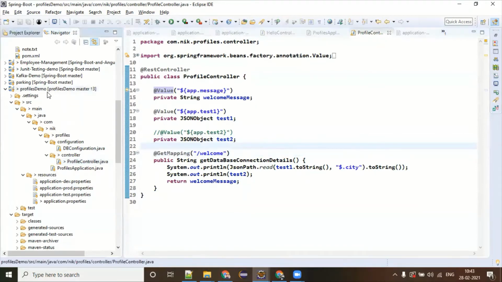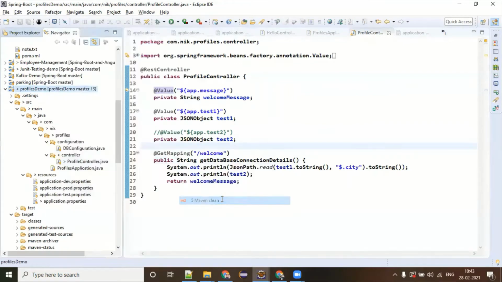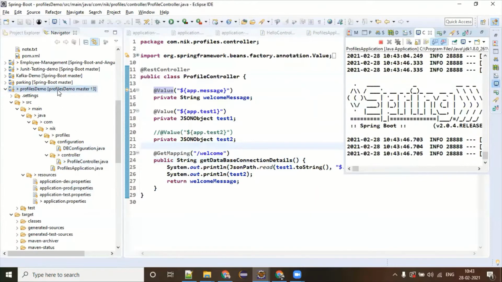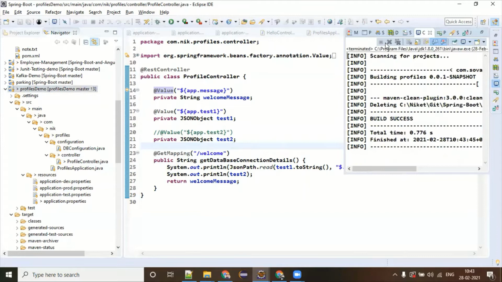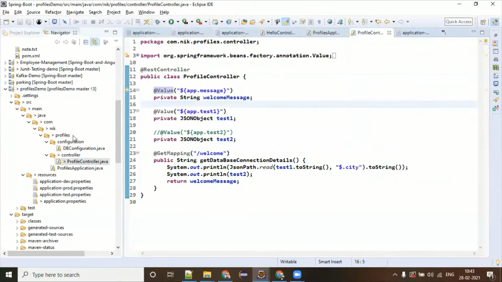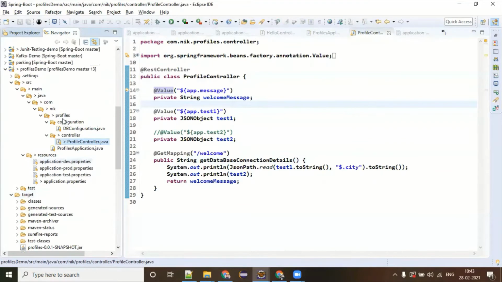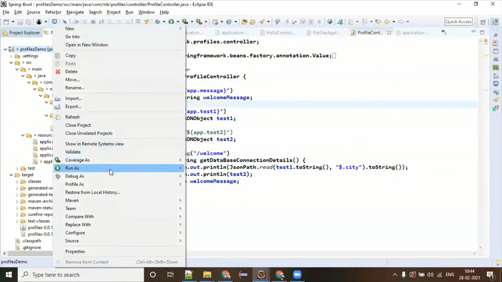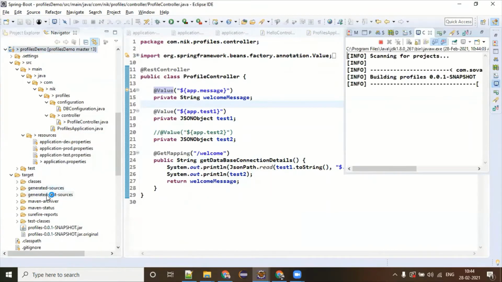Now the idea is how we can pass this on the command line. I have not cleaned it, so delete all these directories.